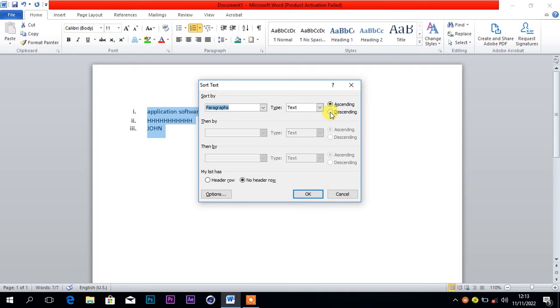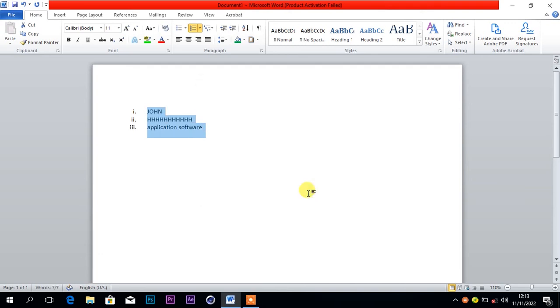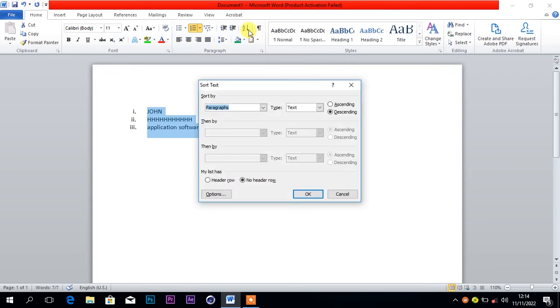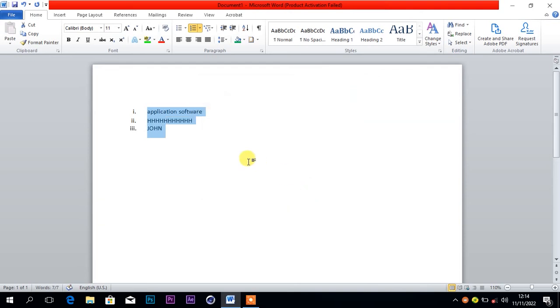So when you come and select descending order here, then after selecting descending order, you come and click the OK button. Then when you click the OK button, you will see the text that begins with J coming first, then the one that begins with A coming last. Then when you come back there and select now ascending order, when you come on that tool and select ascending order and then you click OK, you'll see the text that is beginning with A coming first, then the one that begins with J coming last. So that is the